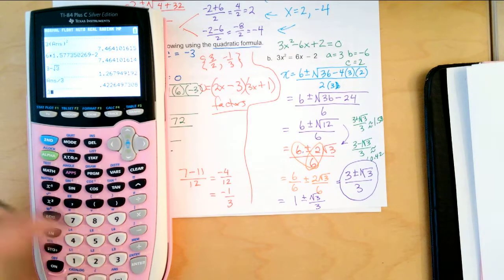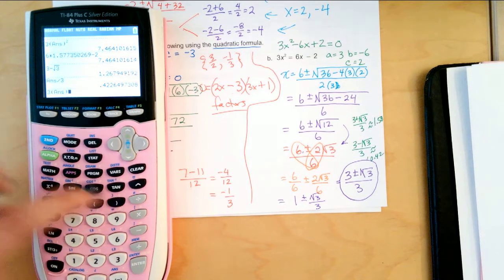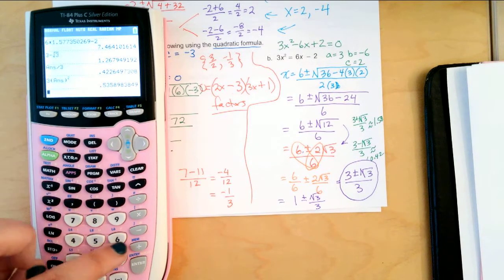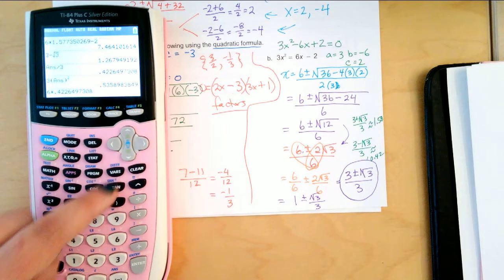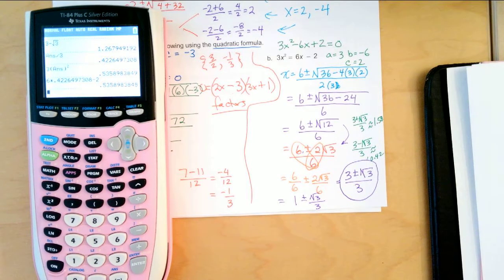But if I go 3 times that answer squared, that should be the same thing as 6 times that answer minus 2. Is it the same? And it's a decimal number. That's fine. We just care that both sides are equal. That's the idea of checking. So anytime you get a solution, whenever you solve, you can always plug that number in and